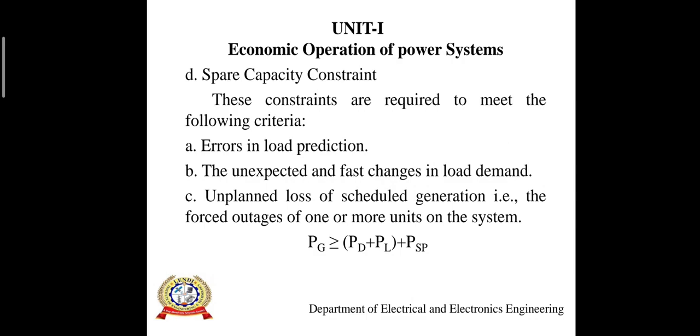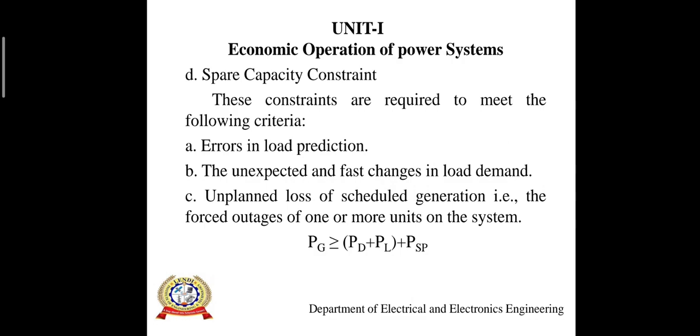And then the third one, unplanned loss of schedule generation, that is the forced outage of one or more units on the system. That is, if you have 3 units in the system, there may be a fault or some problem occurring in the system. There may be a chance of breaking one or more units, that is one or more generators or one or more operation systems may be disconnected. Then for that time also we have to plan